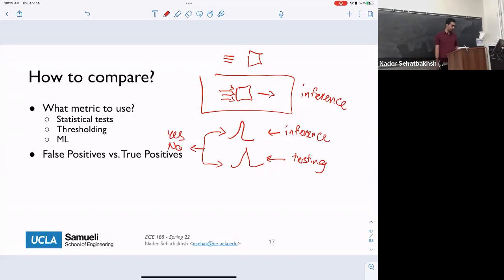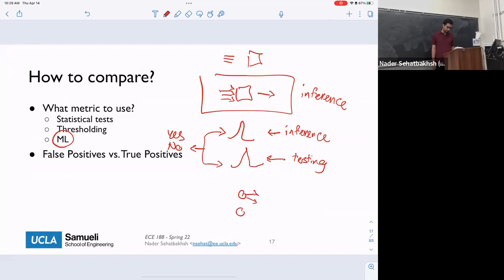Okay. Another way, as I said, is pure machine learning. You can use something like a neural net. Those of you who are familiar with neural nets know that you can have a complex network of neurons connected to each other layer by layer until you have a final layer, which usually can be a classification problem.